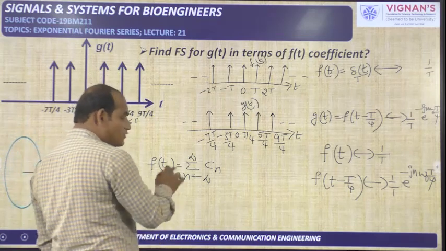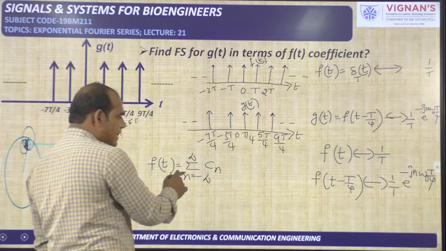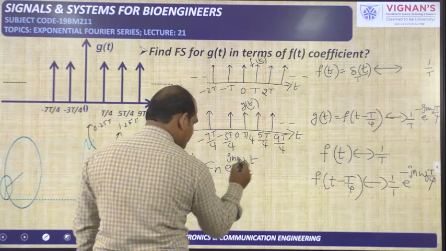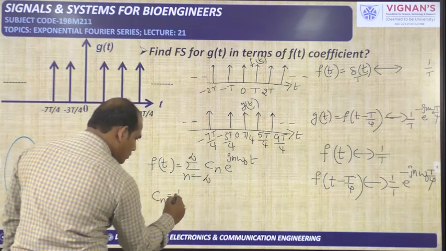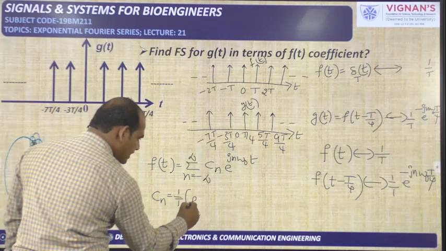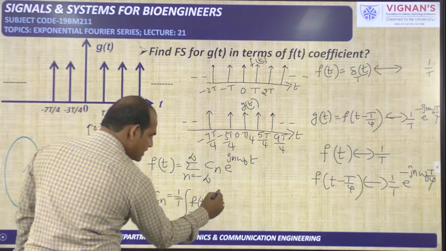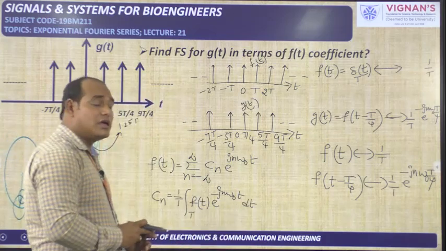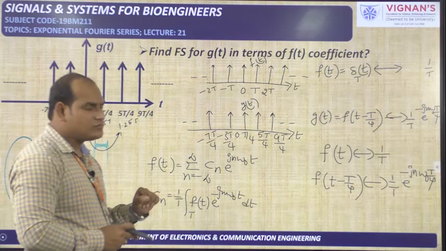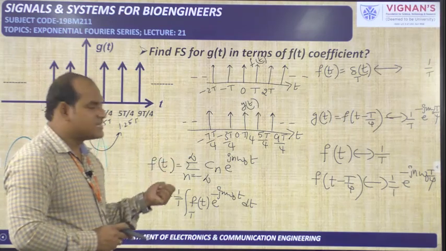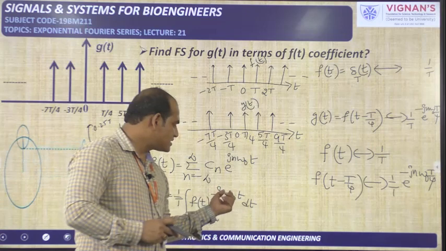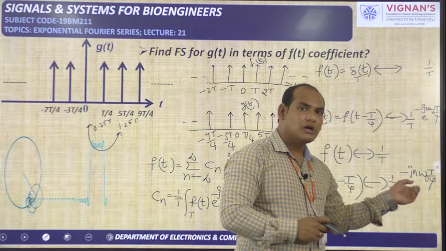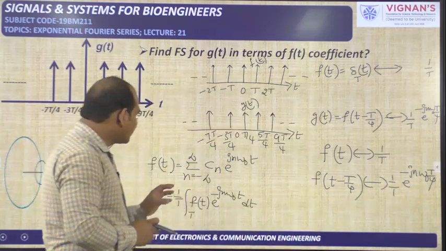Okay, so f of t is equal to Fourier series I am writing now. Sigma n is from minus infinity to plus infinity Cn e power j n omega naught into t. Cn formula I am writing. Cn is equal to 1 by T integral over 1 period f of t e power minus j n omega naught into t dt. Why did I write these two now? Many people get confused between e power plus j and e power minus j n omega naught into t. Here e power minus j n omega naught into t. Again here you got e power minus j n omega naught into T by 4. All these things you will get. Okay. But it is very simple.